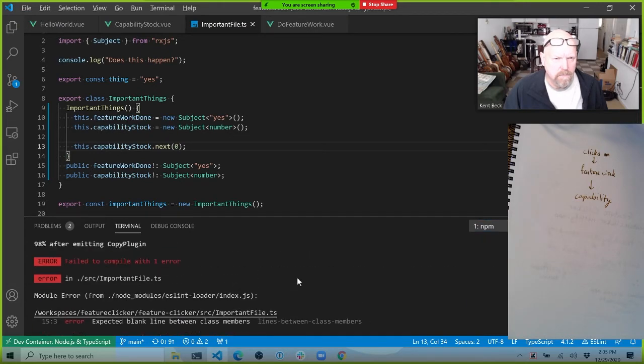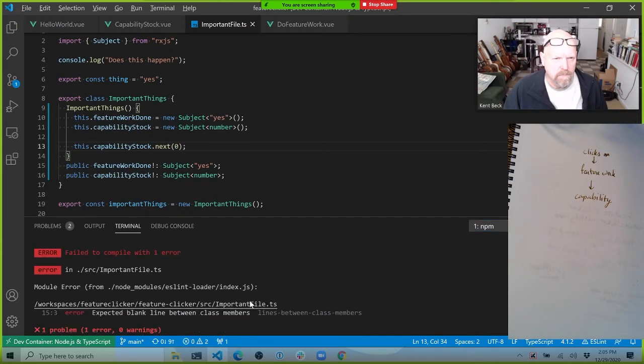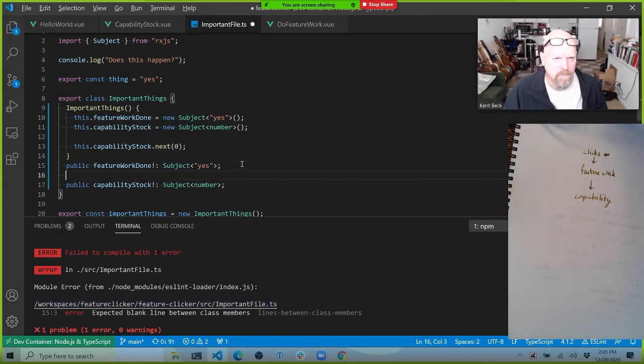I did turn it off per file in the tests. Expected blank line, I don't care. Also, the fix on save isn't working in the editor, and I put a few minutes into that. But